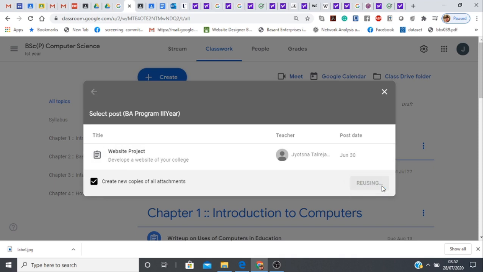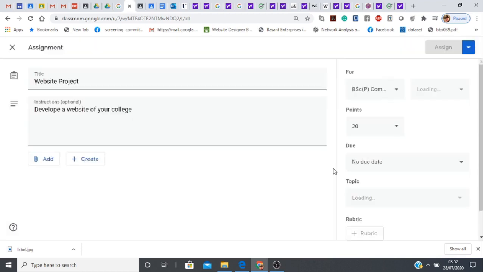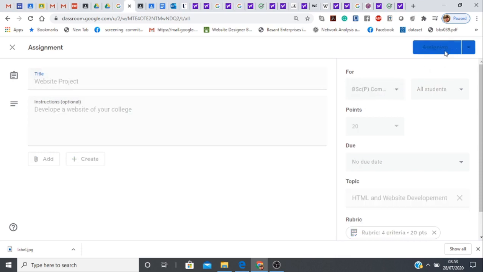So it is reusing the material from my BA program classroom to my current classroom. It has created the same assignment that I created in the BA program in my current course, and I say assign to the students.